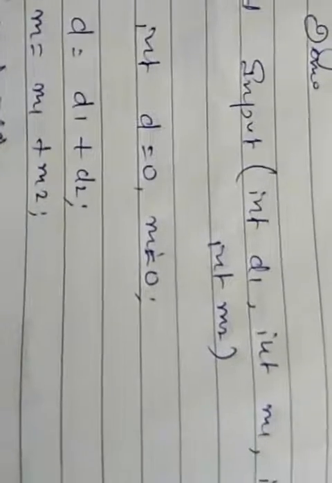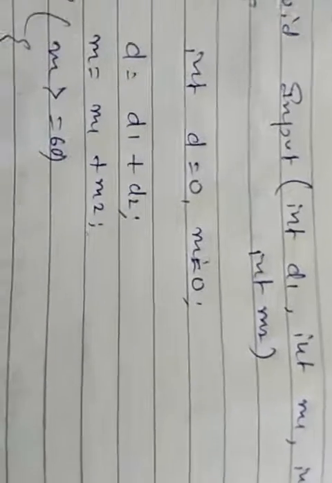So here this is a program for that class demo. Void, input integer d1 for degree 1, m1 for minutes, d2 for degree 2 and m2 for minutes of time 2. And here we are taking the variables d and m for storing the sum of degrees and minutes. So d equal d1 plus d2 and m equal m1 plus m2. If the final sum of the minutes is greater than or equal to 60, then we will divide the minutes by 60 and add this into the sum of degrees, and the remaining part will be stored in the same variable.